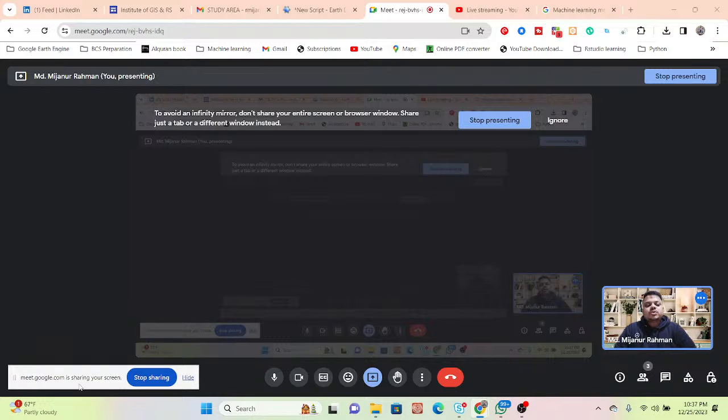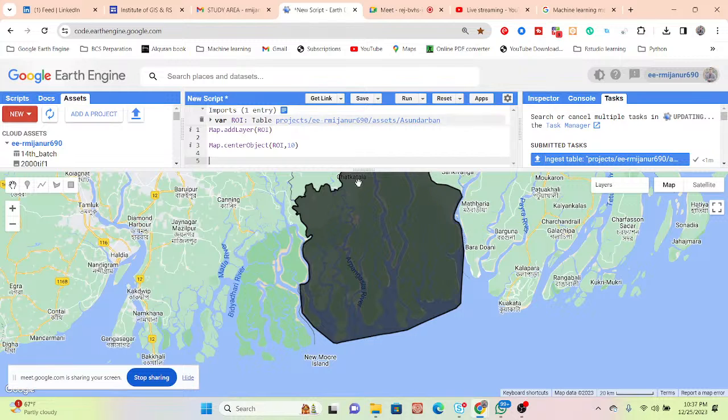This time, we are using the machine learning approach to make the land use land cover classification map. Your requirement is that you need to make the map for 3 years, and you already sent me this time period. We are using the Landsat data for the years 2000, 2013 and 2023, and also Sentinel for 2023, for comparison.